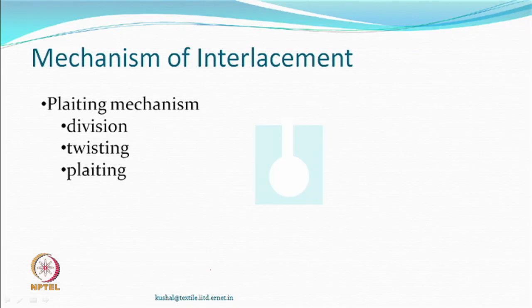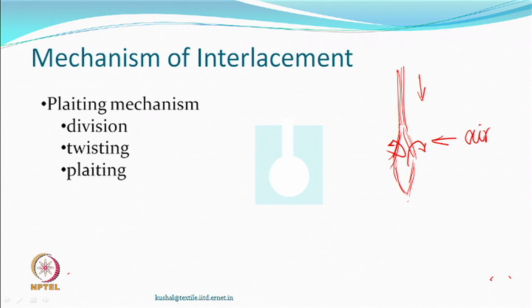So, let us say you have a multifilament yarn and it gets impinged by air, let us say it is passing down, and when it gets impinged, that time you get separation of filaments, and if you have some mechanism with which these two things could be twisted in opposite direction, and then the filaments are anyway going down, and they come together, and then they plate come together, and the yarn is going down.